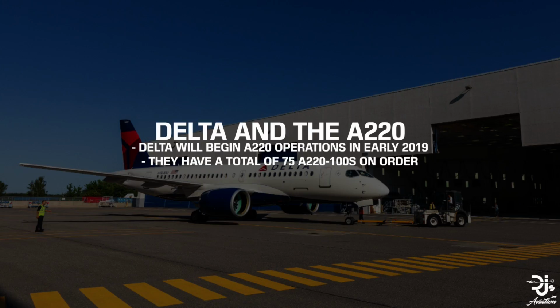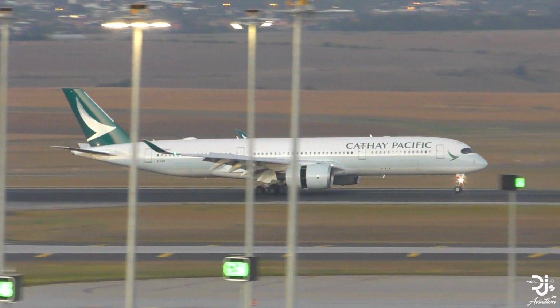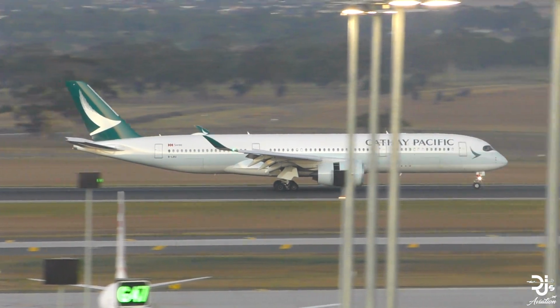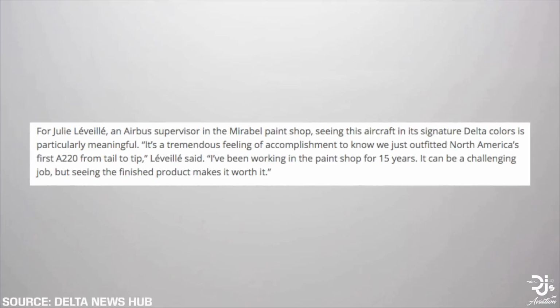Delta will begin their A220 operations in early 2019 and have a very sizable 75 of them on order. This is all for the one variant. An Airbus supervisor at the paint shop also commented on the rollout via the Delta Press website, stating, "It's a tremendous feeling of accomplishment to know we just outfitted North America's first A220 from tail to tip," adding, "I've been